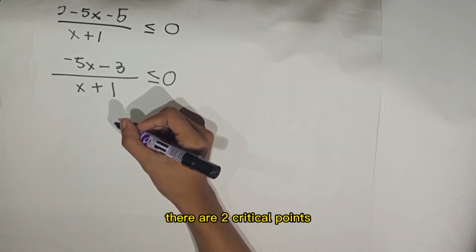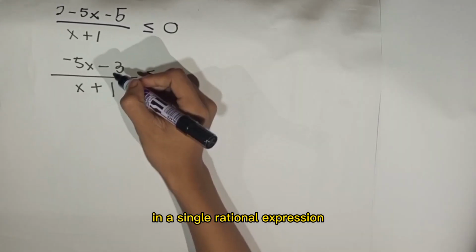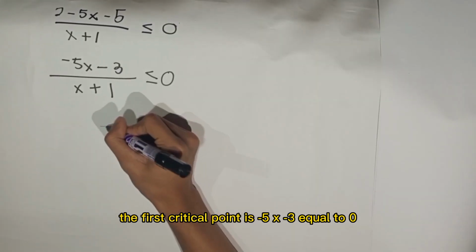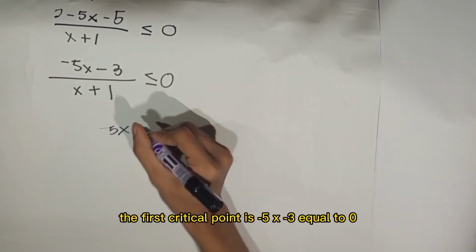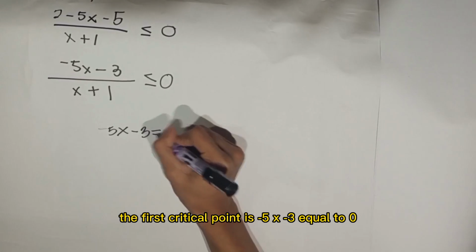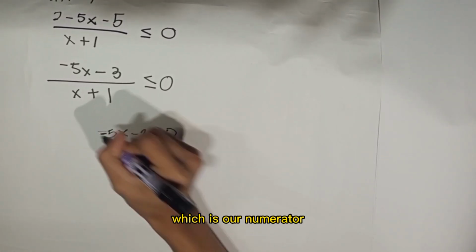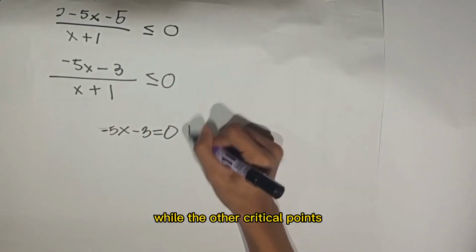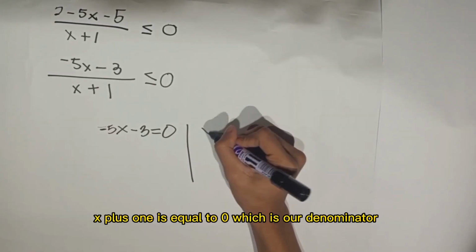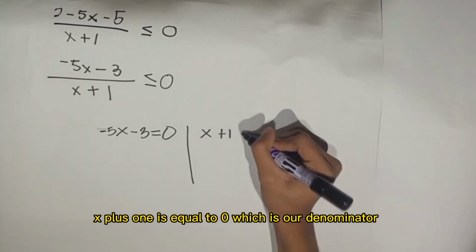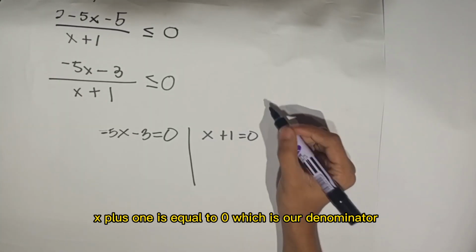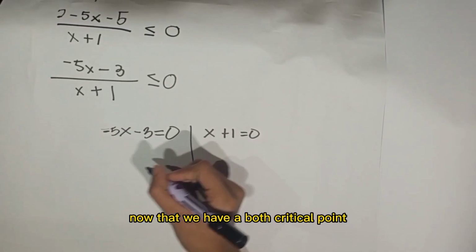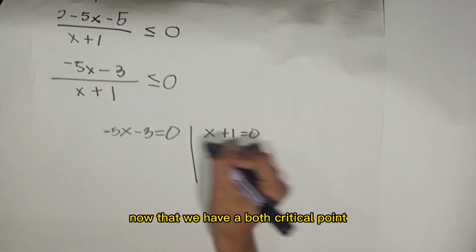There are two critical points in a single rational expression. The first critical point is negative 5x minus 3 equal to 0, which is our numerator, while the other critical point is x plus 1 equal to 0, which is our denominator. Now that we have both critical points,